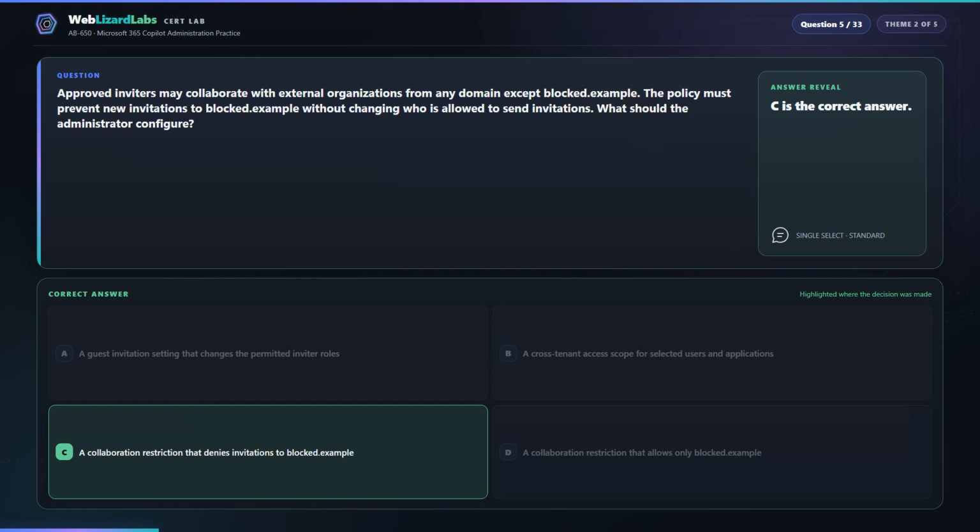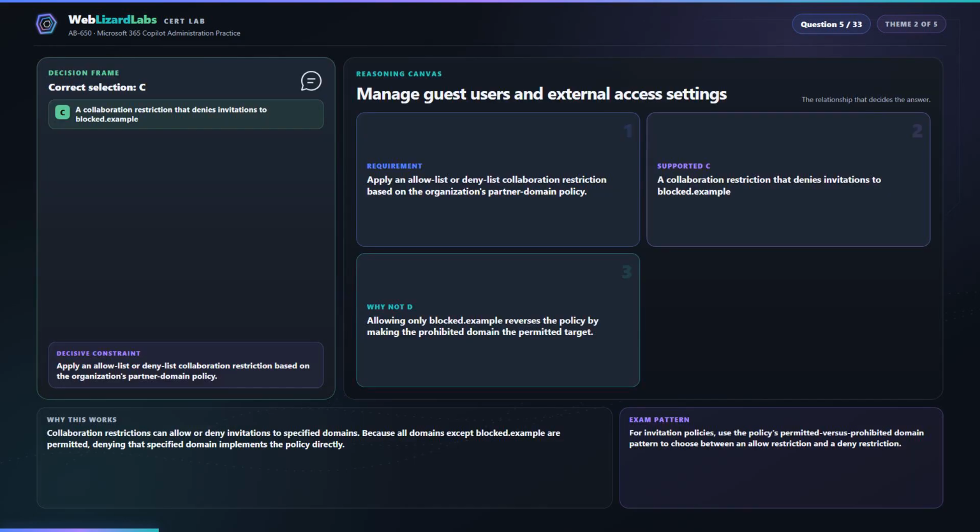Allowing only blocked.example reverses the policy by making the prohibited domain the permitted target. Collaboration restrictions can allow or deny invitations to specified domains. Answer C fits the requirement, a collaboration restriction that denies invitations to blocked.example. For invitation policies, use the policy's permitted versus prohibited domain pattern to choose between an allow restriction and a deny